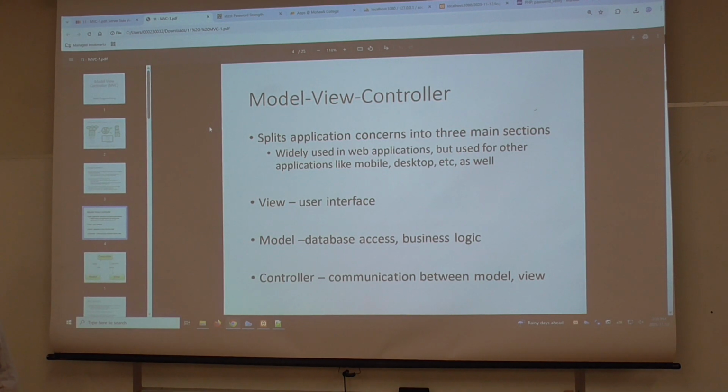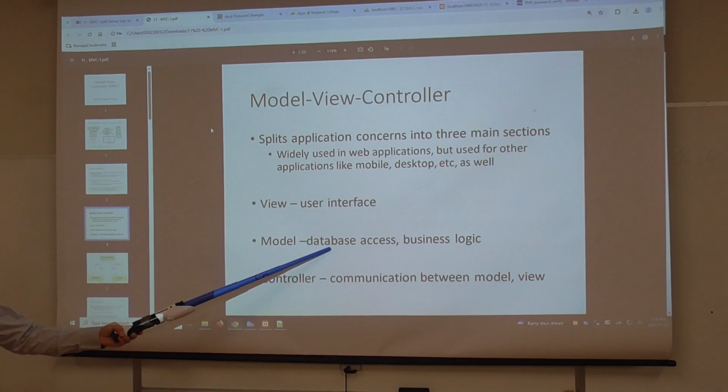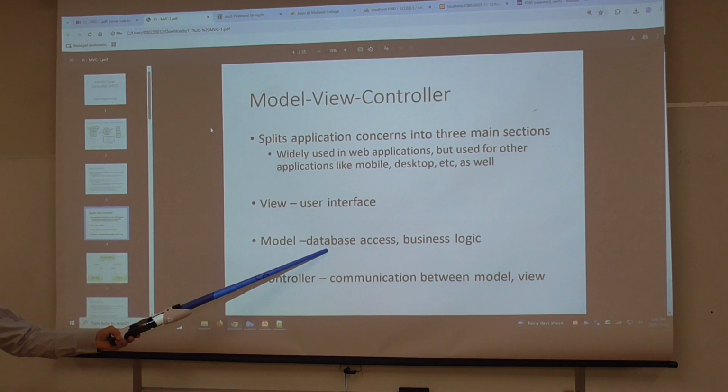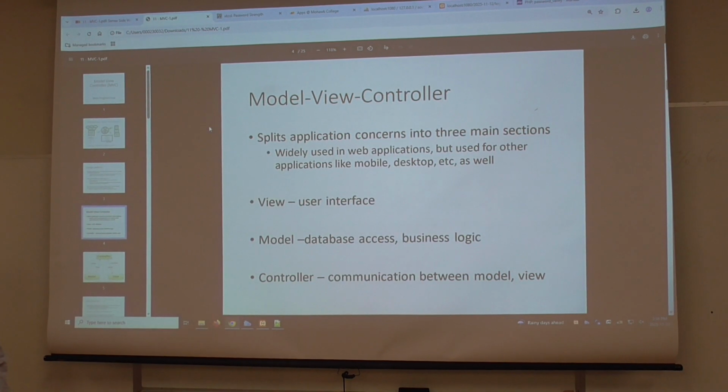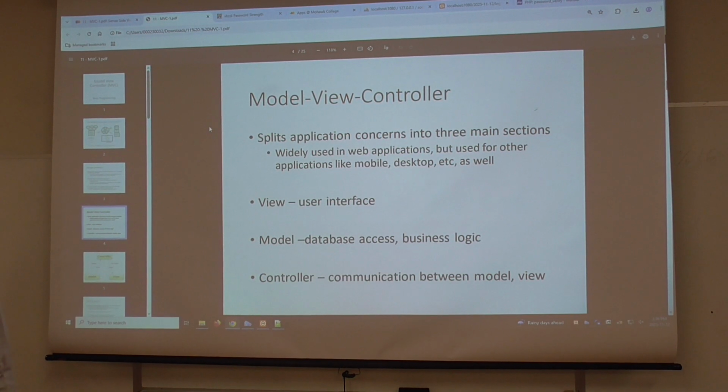So, for example, if your incoming packet is a login request, the model function accesses the database, retrieves the password, and attempts to verify the password versus what was given by the user. That will return success or failure.